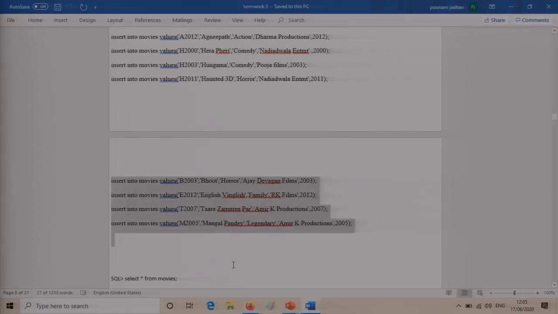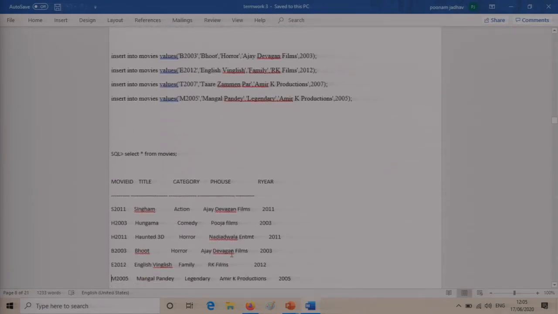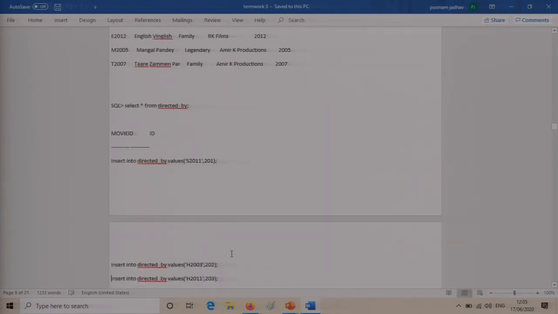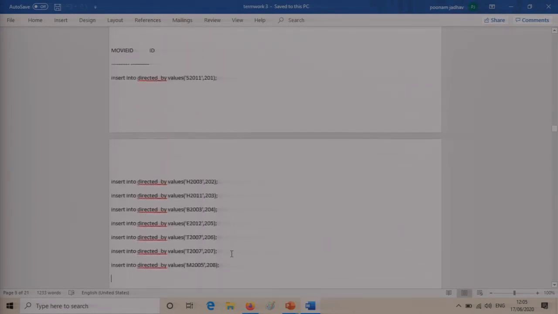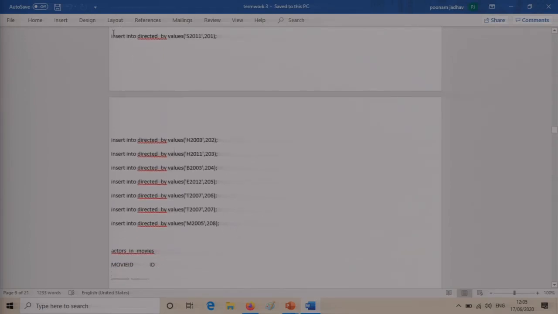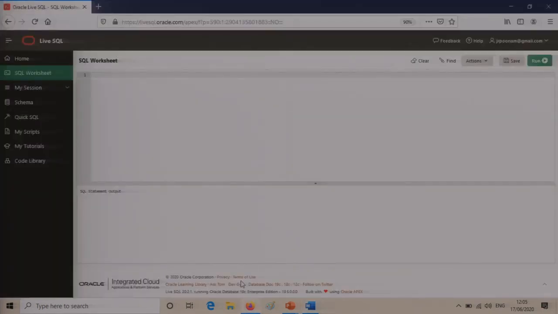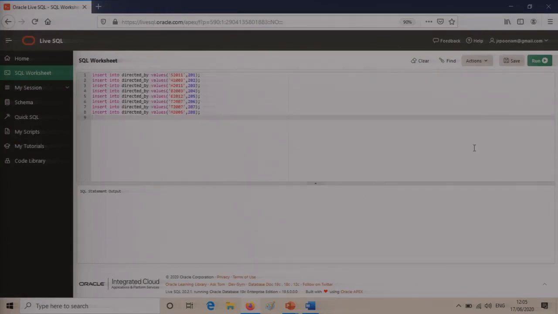So you saw the movies table is always being created after the base table, that is the production table. Now directed by is another table, which is a relationship table based on two base tables, that is movies and directors. So it should always be created, and also insertion should take place only after you have inserted into the base tables or the base tables have been created. The creation also should happen after that. So this understanding has to go very fine. So rows have been inserted.